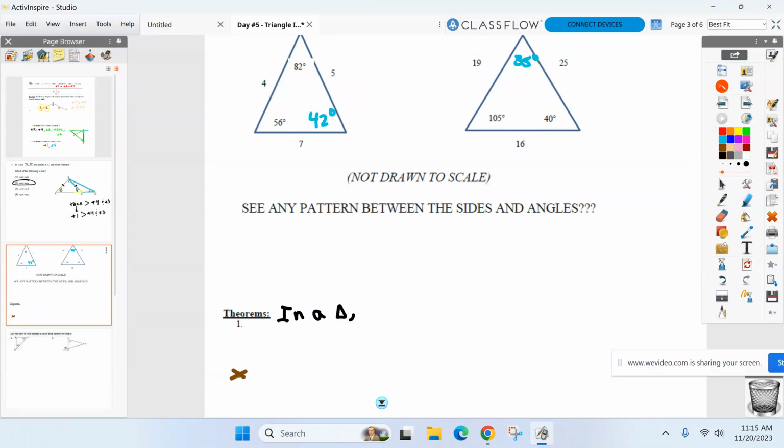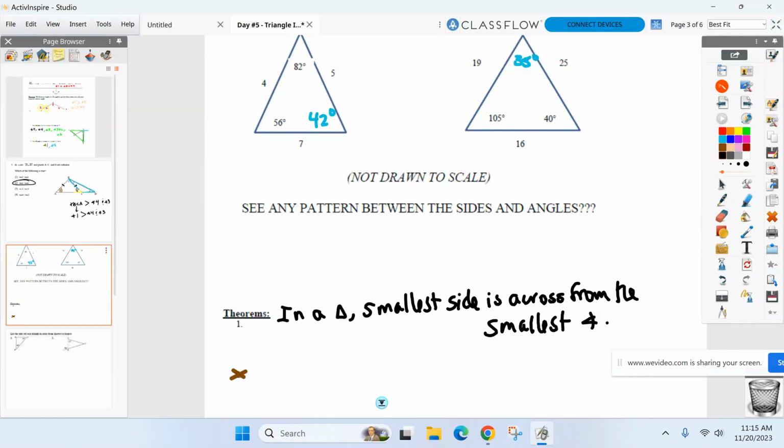There it is. Okay, in any triangle, the smallest side is across from the smallest angle. If you want to substitute the word bigger and biggest, that works as well. In any triangle, the smallest side is always located